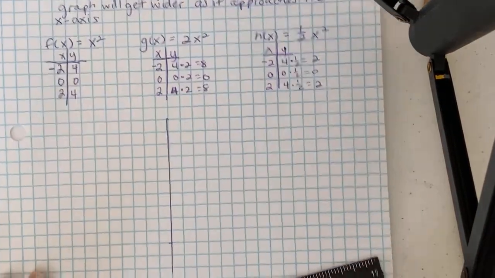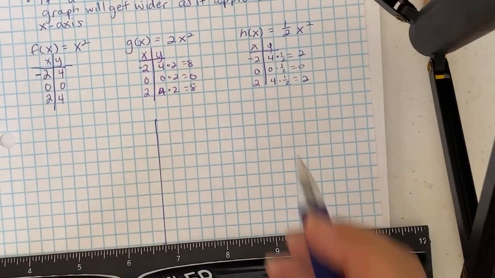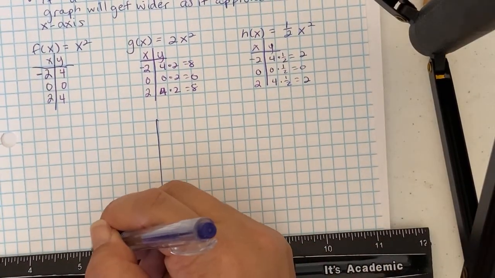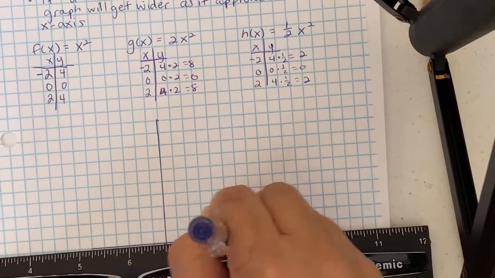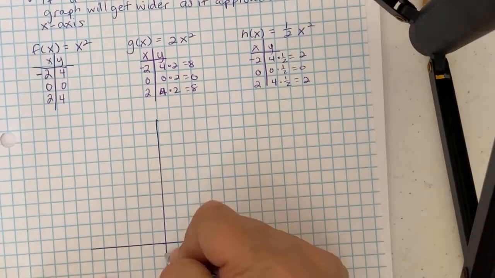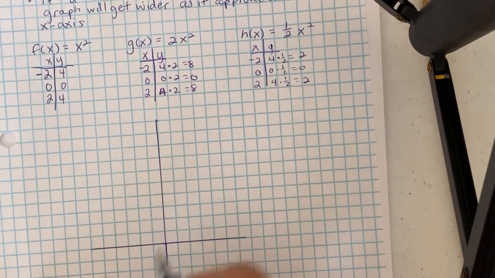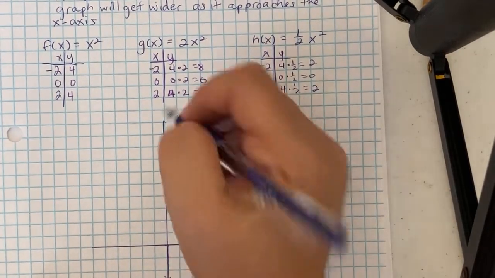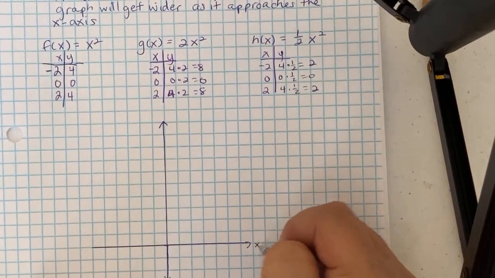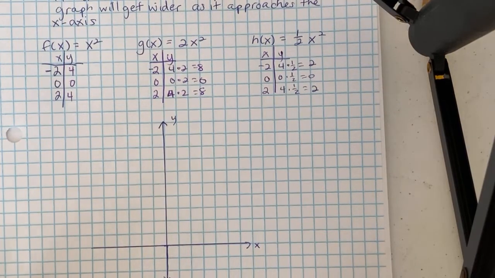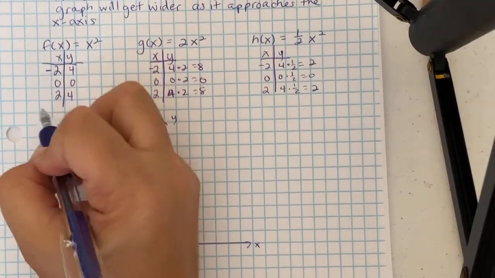So I'm drawing in my graph lines. Because remember, what's affected is the y value, not the x value in this situation. So I have quadrants 1 and 2. Label your axes, x and y. So the first one, the parent graph, our parent,